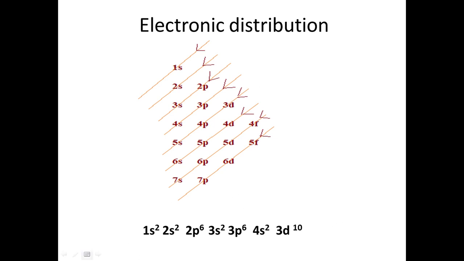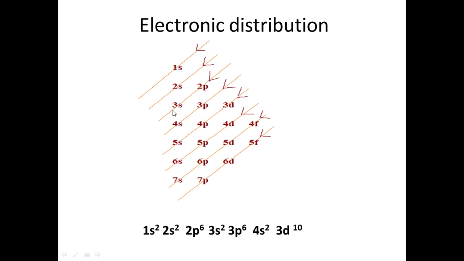Suppose you forgot this, then you can draw these lines by making equal gaps in rows and columns. You can see here I write 1s, 2s, 3s, 4s, 5s in a downward manner. Similarly 2p, 3p, 4p, and cut each and every line by an inclined line, and read each line from the backside. So you can see here 1s, then 2s, then 2p, then 3s.